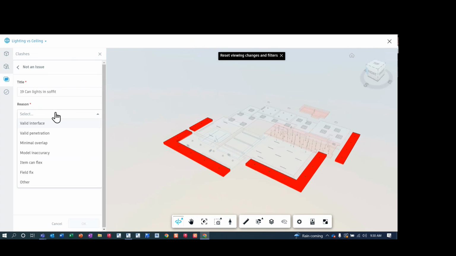The reason that's not an issue is that it could be a valid interface, a valid penetration, maybe minimal overlap, model inaccuracy, or an item that can flex. We use this a lot for flex pipe. Field fix or other. Well, this is a valid penetration. I don't have to type all this stuff in, but I'll say can lights in soffit. And I'll just click